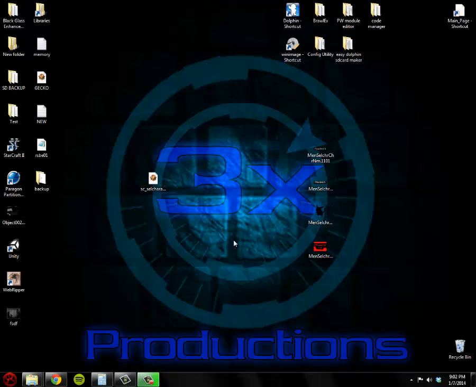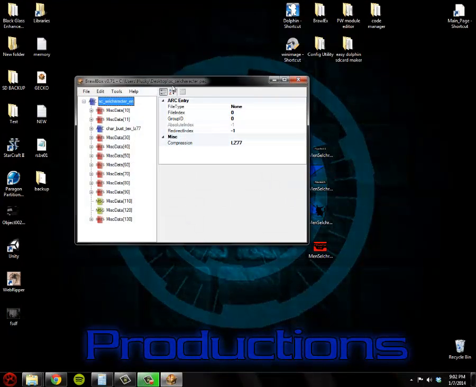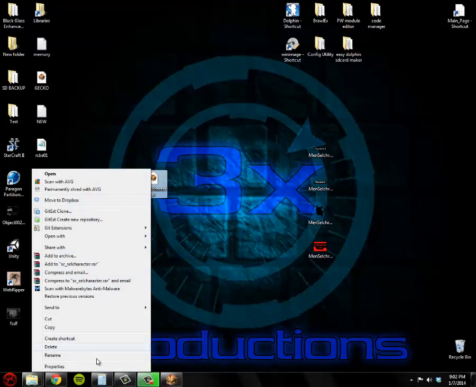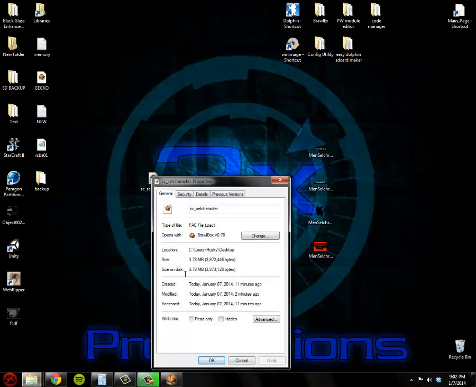So the first thing we're going to want to do is open up sc select character.pack. Now, one thing that you guys need to know is that this file has a file size limit, and that is 3.79. The file comes with only 0.01 off of that file size limit. Now, that would be a big problem for anybody trying to add icons into this, because basically anything you do to it is going to add one to it, and then it's not going to load. It has to be below 3.79, not 3.79 exact. It has to be below it.